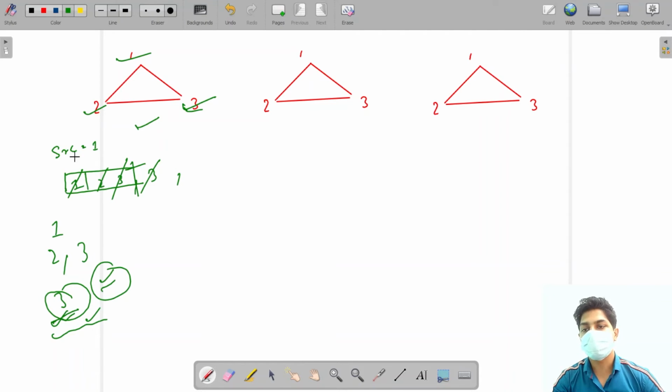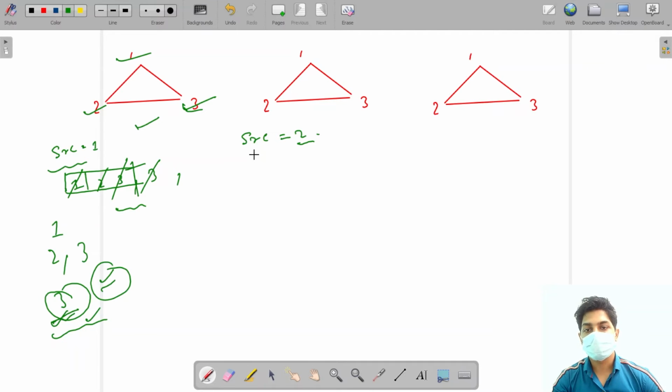Now let's try the same example using a different source. This time let's take 2 as the source node, and let's see whether what we are claiming about finding a cycle is true for all the cases or not. Let's try taking the source node as 2, and this graph also has a cycle.